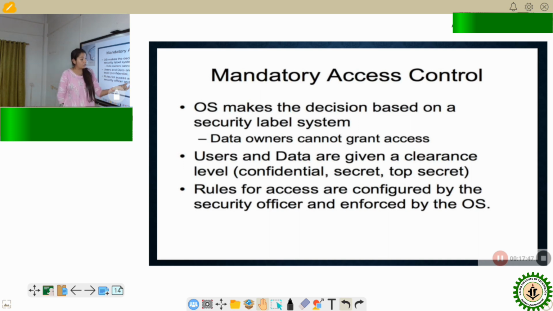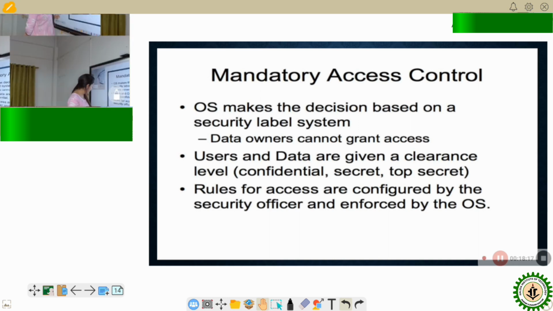It is actually the operating system which is acting as the reference monitor, which accesses the authorization database where the security officer has stored all the clearance levels for each subject and object. The reference monitor checks what clearance levels are there for each subject and each object, and based on that, it allows subjects to access different objects.